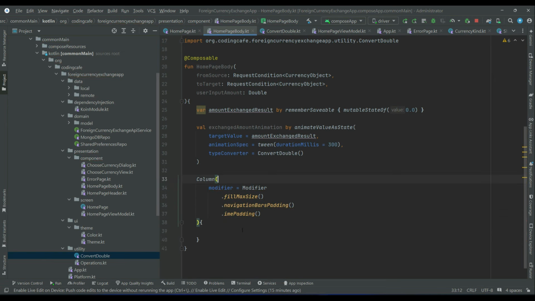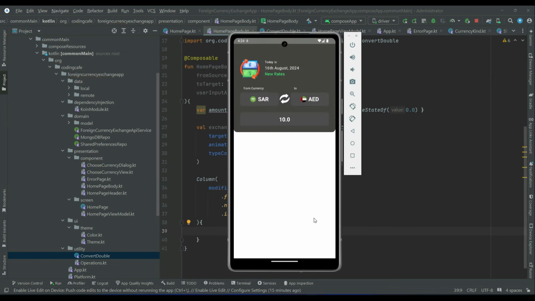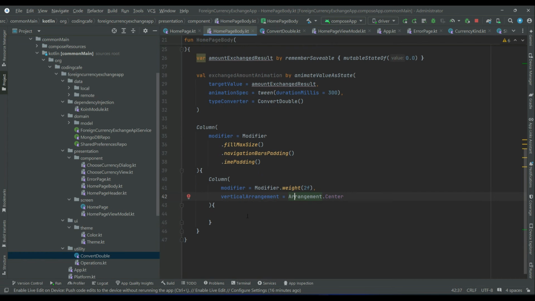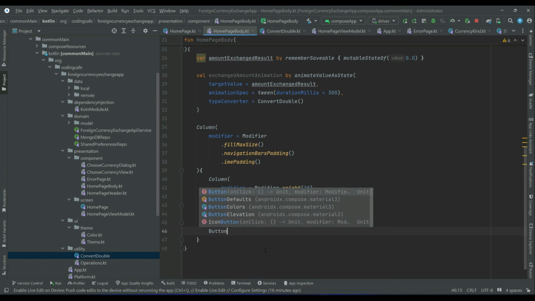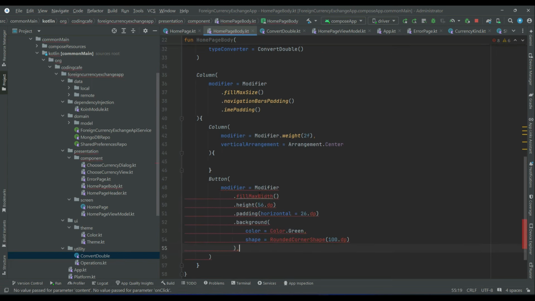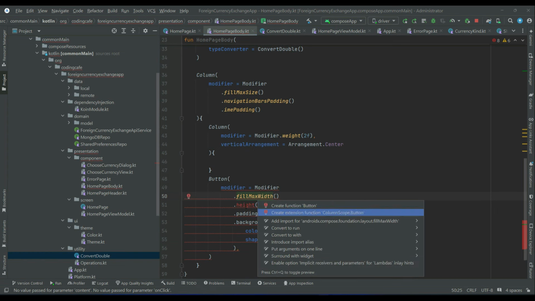Now inside this main column, which basically represents the homepage body, we are going to add another column, and inside this column we will have the currency text alongside the currency code to which it is converted. And then after this column we will have a button. So I will say Button, modifier, then after the modifier,